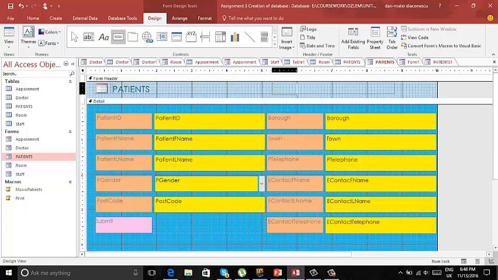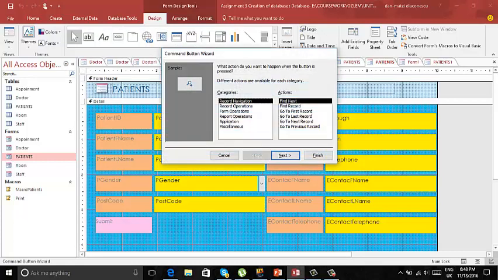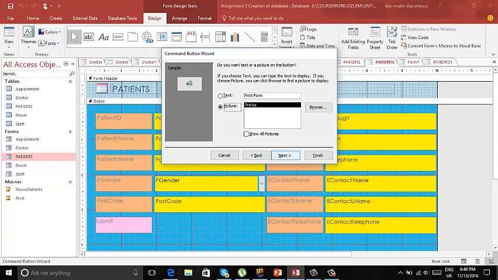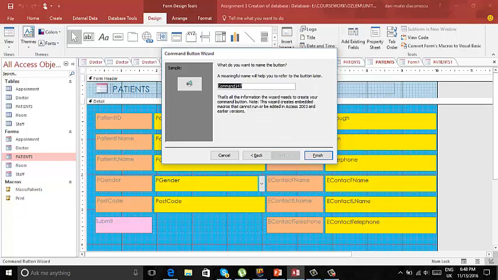Then I have to drag and drop it here, and after that I have to select the one I want to use for this section. Then this is the print the form one. Then after I select the one I want from the action, which is print the form, I click on next. Then I click on next again. Then I click on next, and the command should be print